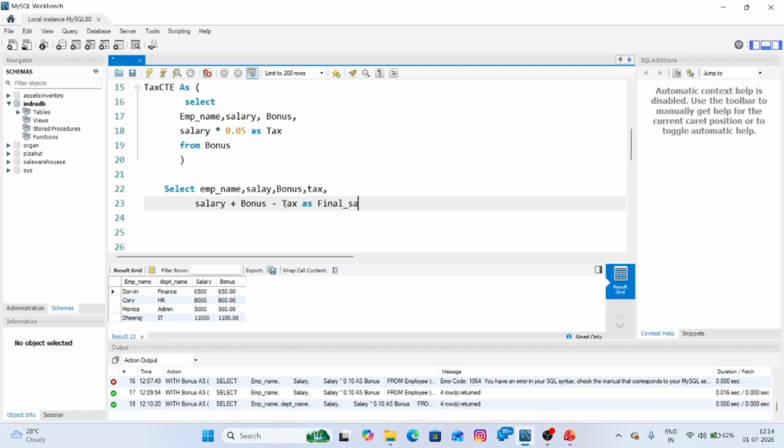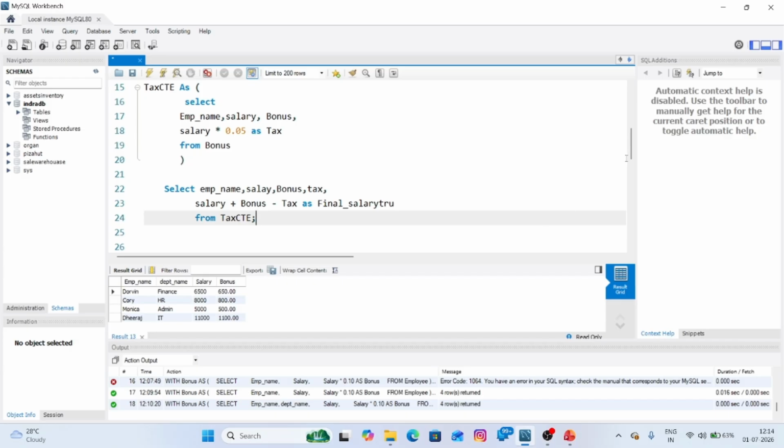So this is my final table, and I'm going to select from the table we have named tax CTE.